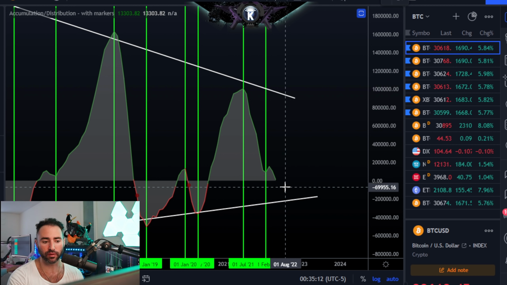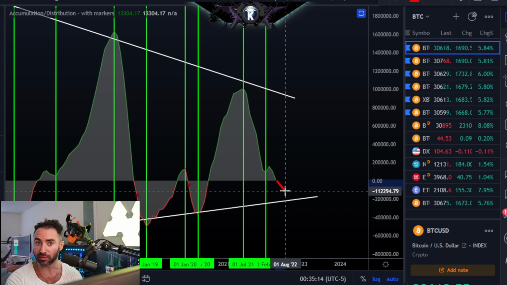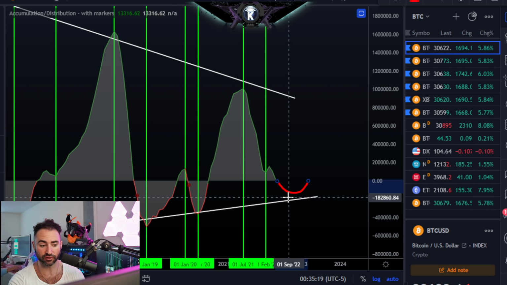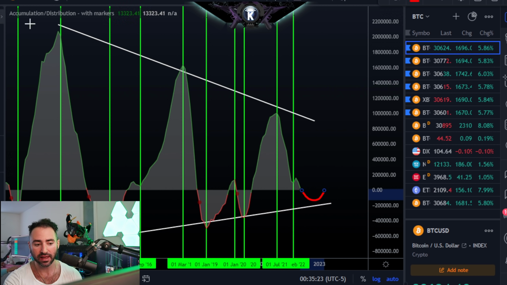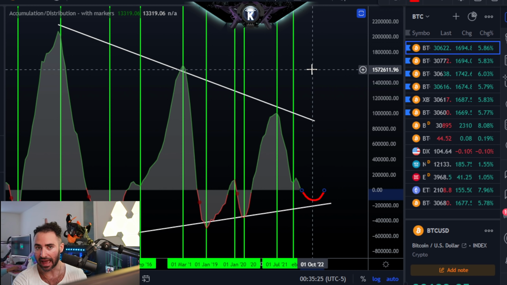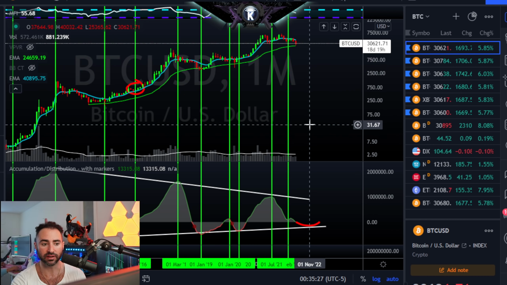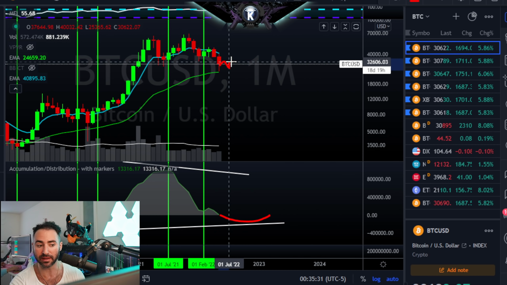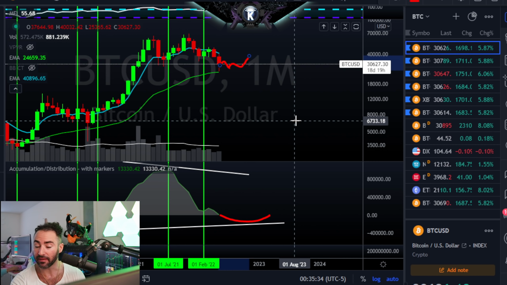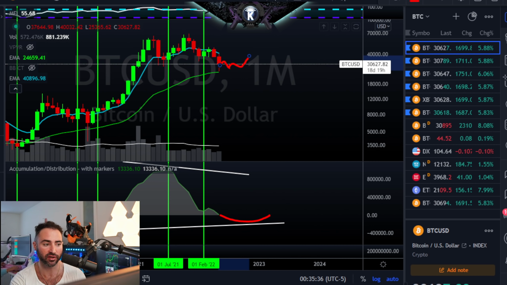This can obviously correct further down over the next few months, probably into the later portion of summer, and then give a positive slope, maybe even around this trend line. I don't know if that's actually going to work out like that, although it has for the past few years. If it does something like that, that would be a really good indication. Perhaps it looks something like this, where Bitcoin initially bounces up, bounces around, maybe retests around those lows. That would definitely be a possible scenario over here.